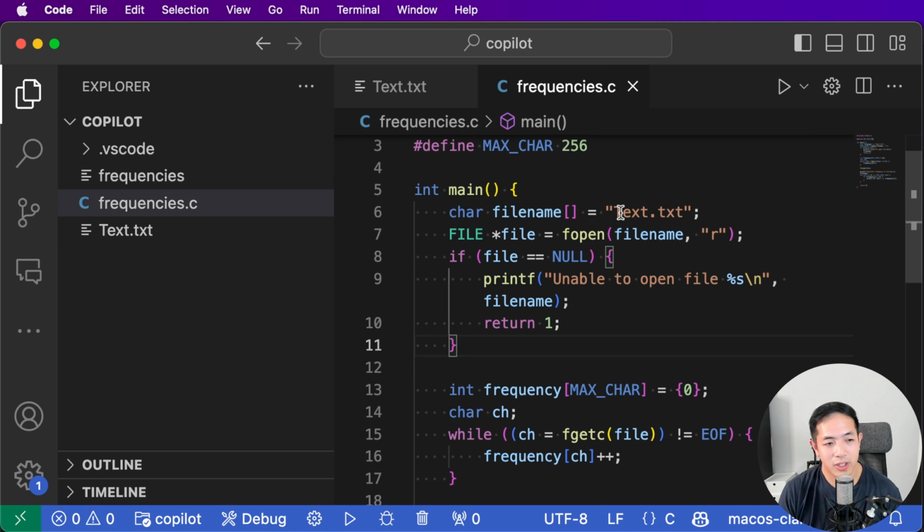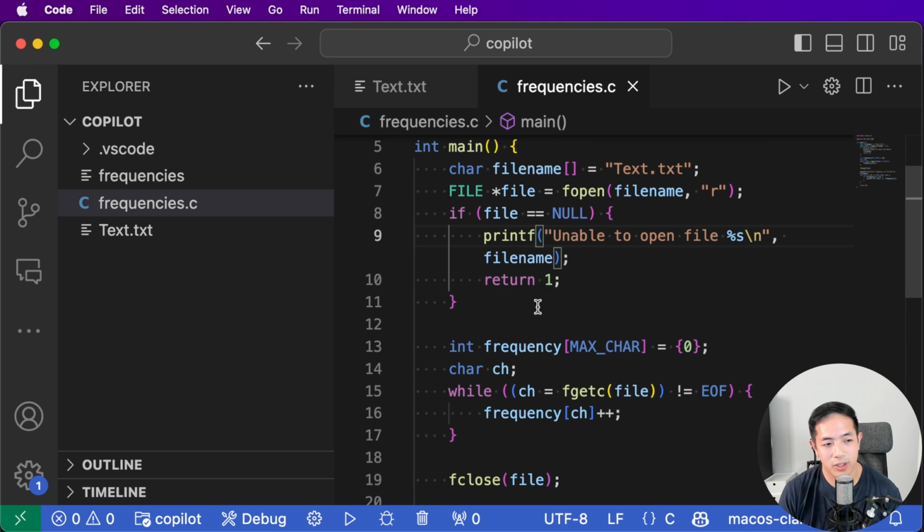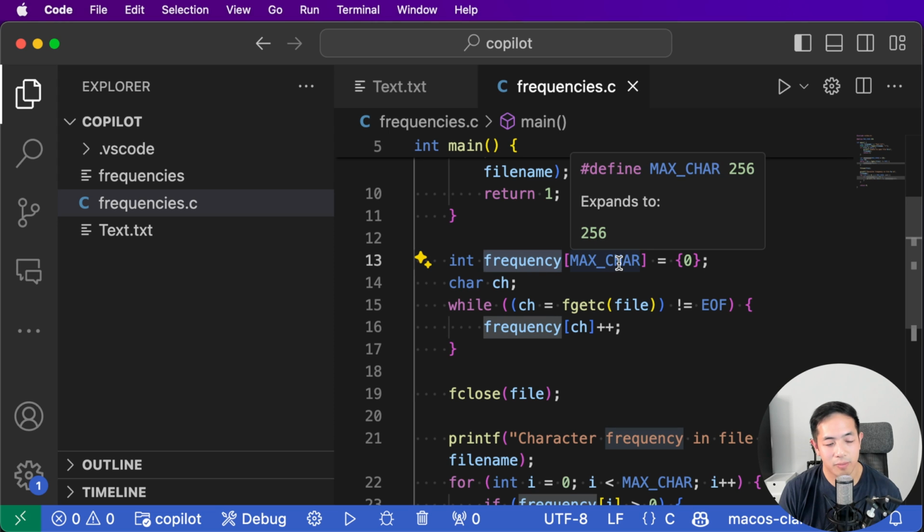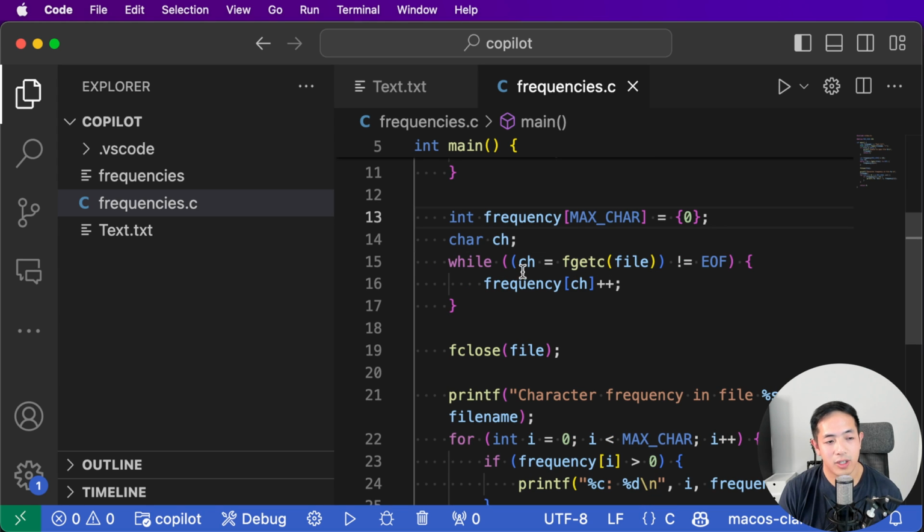So what it does here, this is the path to the file, text.txt, and then it opens it up. If it doesn't work, it says unable to open. And then here is an array, frequency, and the max number of chars is 256, because a char is a byte, so there's 256 possibilities, and then it initializes it to 0, and then it will